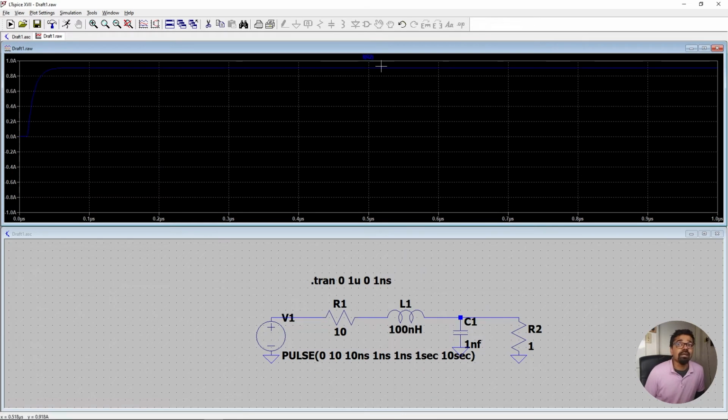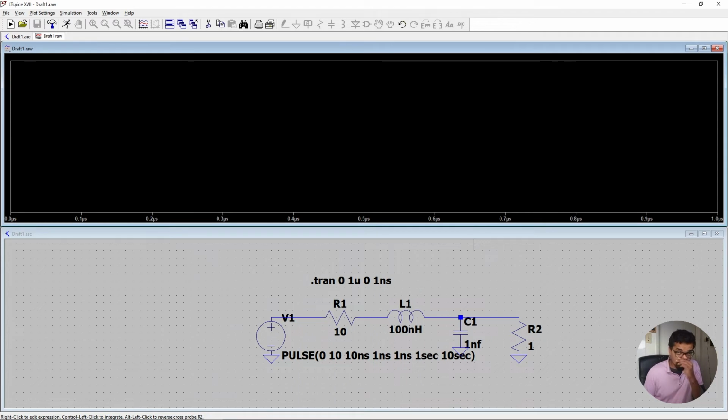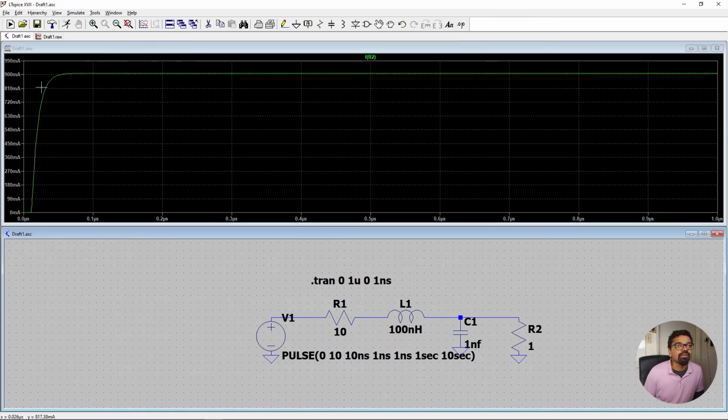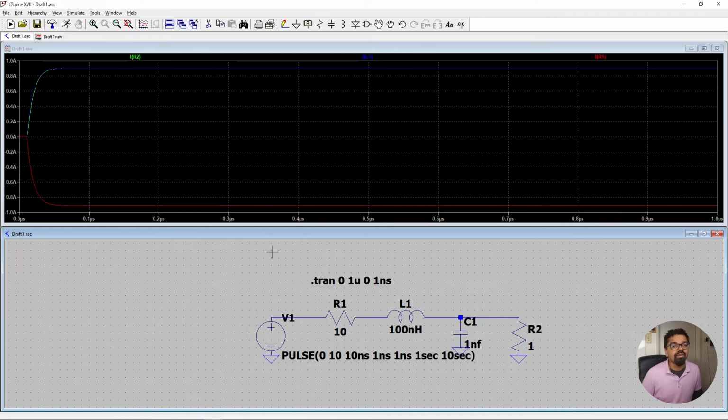As you can see, it's pretty easy to use the tool, and it's free, it's straightforward, it's supposed to be pretty powerful from what I've heard, and from what I'm seeing, I really like it actually. So I'm going to put the current through the resistor, and it shows me that it's almost 900 milliamps, almost close to 1 amp. And then the one to the inductor is also going to be the same as the current through the resistor. So the current through the original resistor,